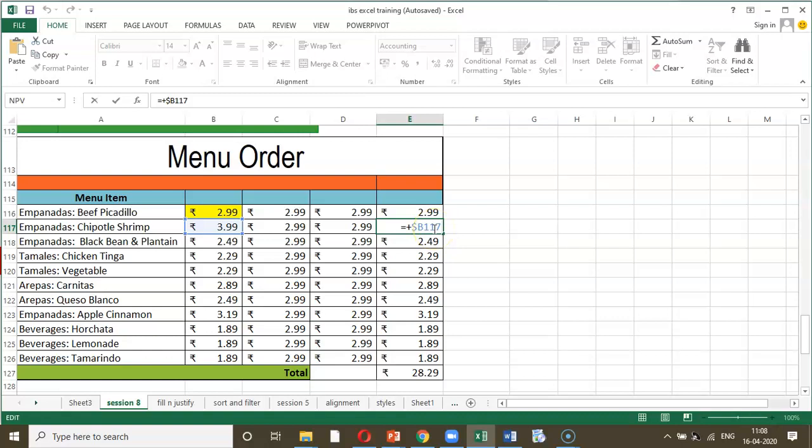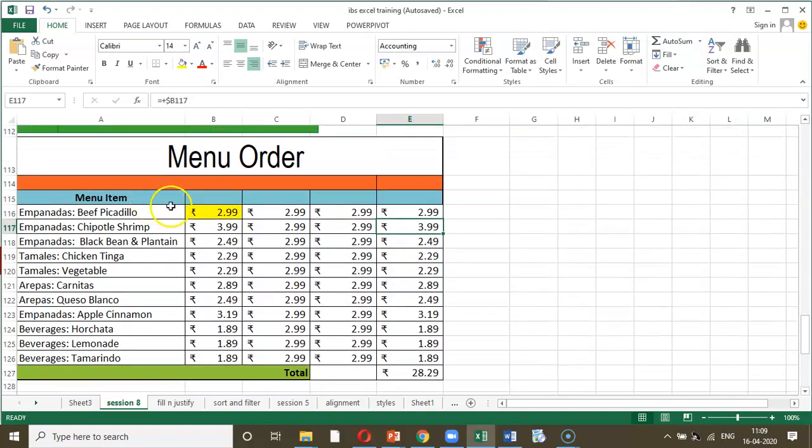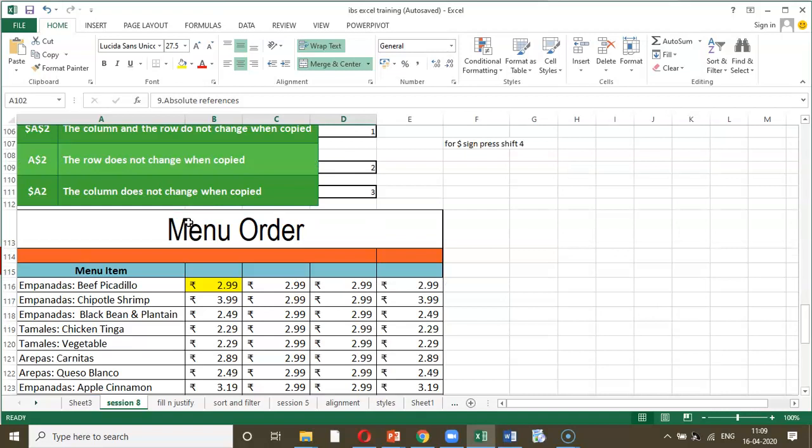So that means in this case, B, the column has become constant and the row has become variable. Thus, dear students, we understood the usage of the dollar in front of the column reference or in front of the row reference. So this technique is called absolute reference.